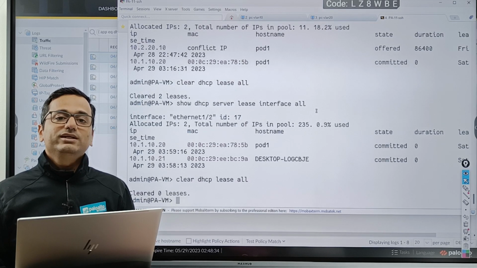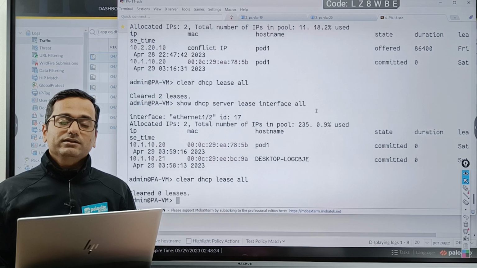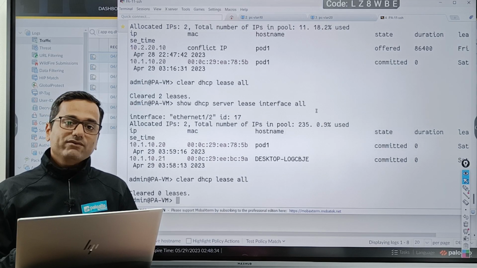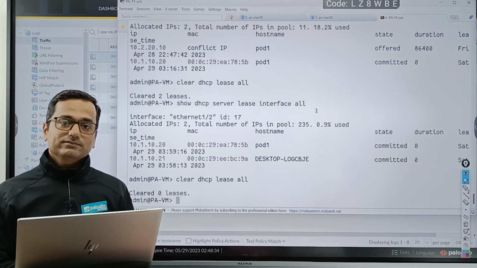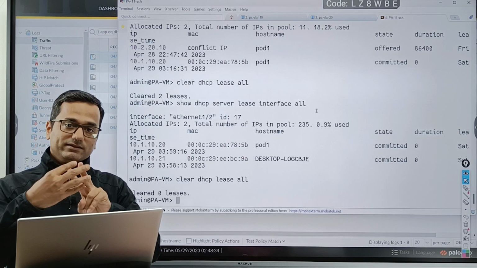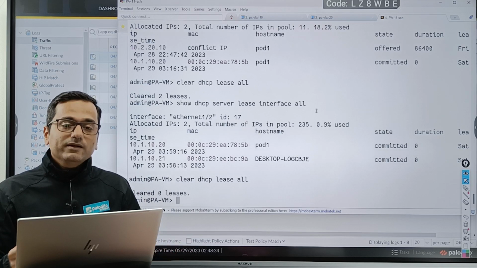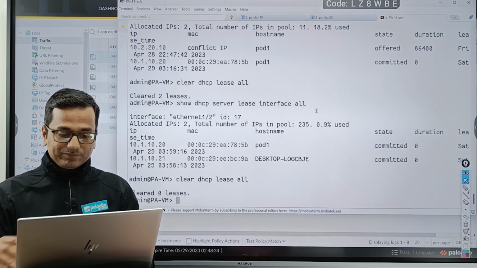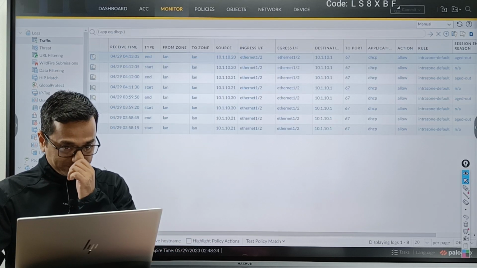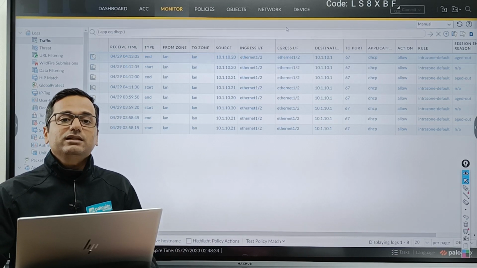Enter. Zero leases. Why? Because we do not have any dynamic allocation. Currently we have two entries which are static IP and MAC address bindings. That is the reason we are not able to see any lease here. Okay, clear? Perfect.